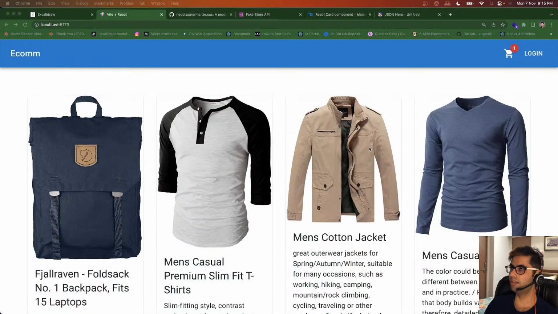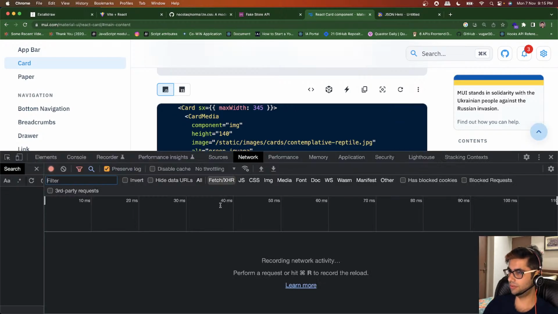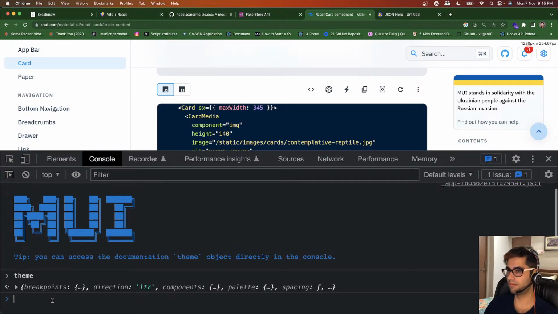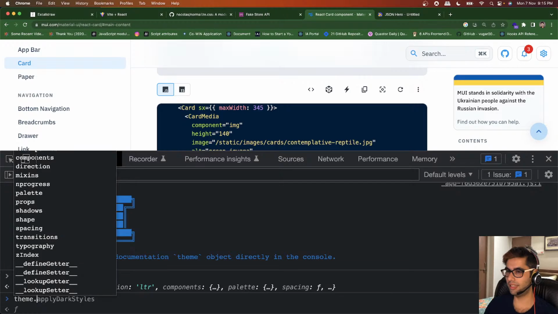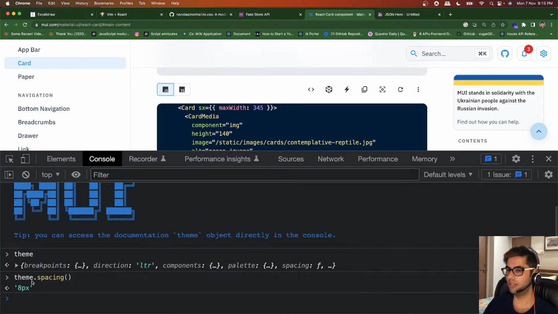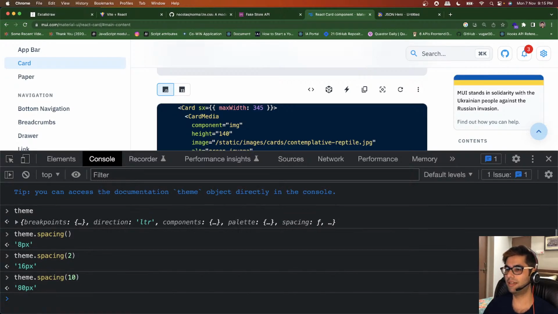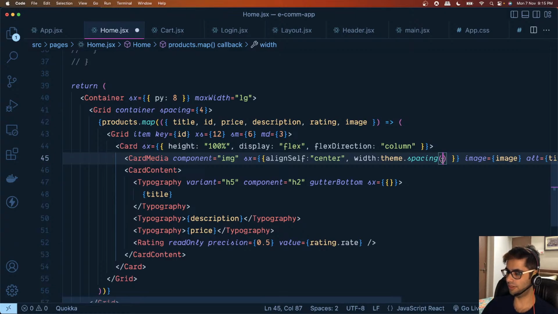and so if we take a look at this, we come to the console over here, we have access to the theme variable, and if we do something like theme dot spacing, right, it is telling us the default spacing is 8 pixels. Suppose I specify 2 over here, it is showing up we'll be using twice of the default spacing. And suppose I specify 10, so it will be 10 times of the default spacing. So we'll use somewhere around 30 times of the default spacing for the width, and for the height as well,